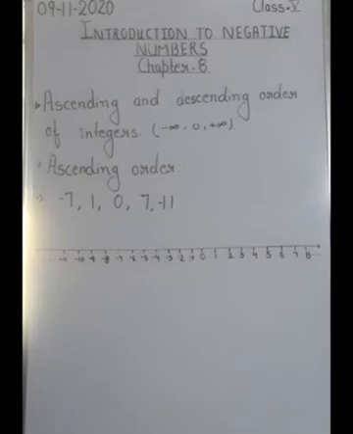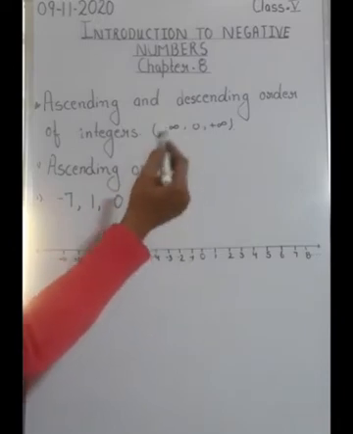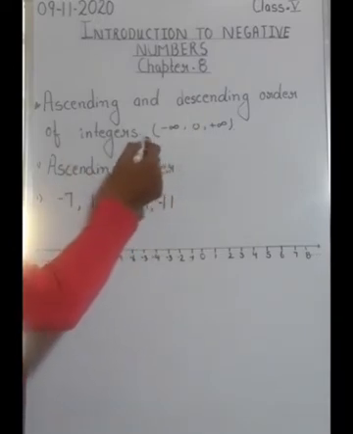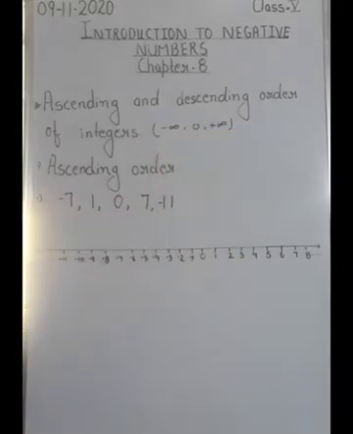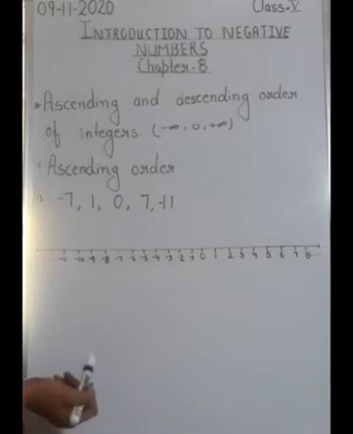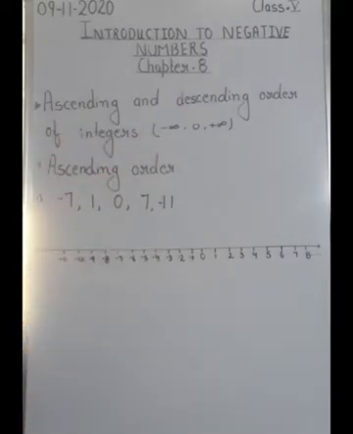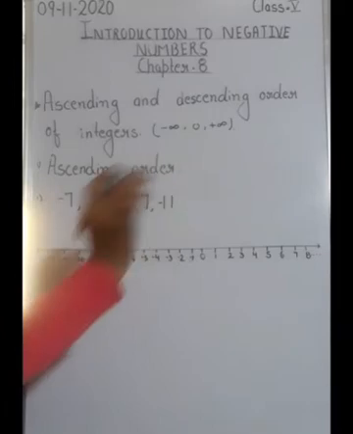As we have done in our previous video, we have discussed what integers are. I told you all the negative numbers, 0 and all the positive numbers together form a set which is known as integers. Or you can say that integers are from minus infinity to 0 to plus infinity. Okay. Today we will be learning how to arrange the integers in ascending and descending order. So first we will learn to arrange the integers in ascending order. Ascending means smaller to bigger.